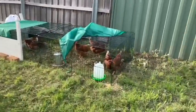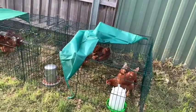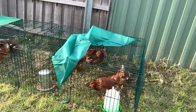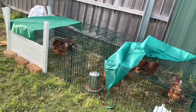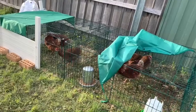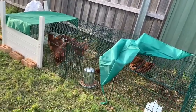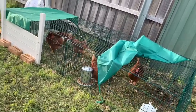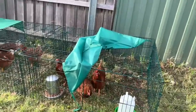Okay, so a bit of an update on our chickens. We had one of these which was going to be our temporary house for the chickens, and then we'd use it as a bit of a chicken tractor to move them onto garden beds that we wanted them to utilize. However, the intention was to go back to Bunnings and get this big beautiful chicken castle that I had seen,